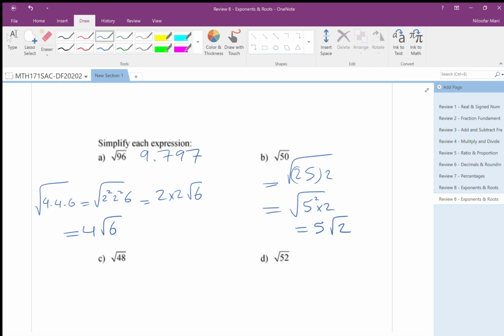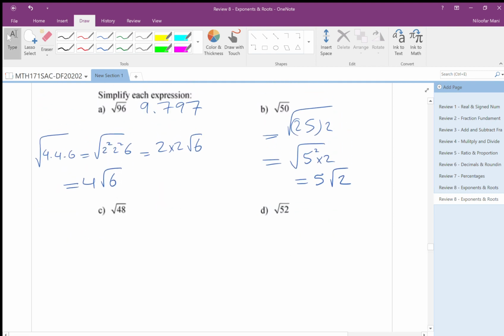That's fine. But as I said, maybe in the future, in Math 273, you just use your calculator. But here it's a good exercise for your brain. You are learning how to factor. You can use that method in the future, and they are good exercises. And it's very good that you see the reason behind the calculator answer. These are very good exercises for your brain, and we are learning basics. So here, 48